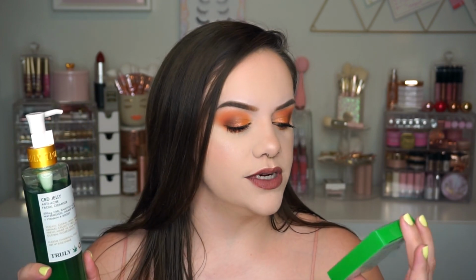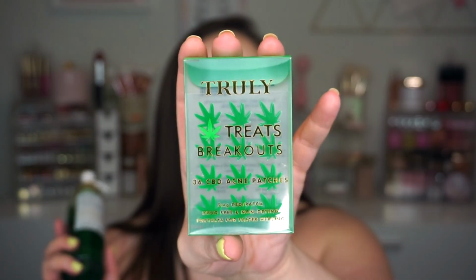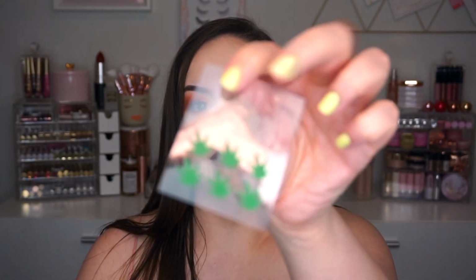Before I get going on why I love this so much, I have to also tell you about the Truly Treat Breakout CBD Acne Patches. They come with 36, and you wear these overnight, but let me tell you guys, I have used a whole sheet and then this too. So I'm halfway through the pack, 36. So I've used 18 of them, and let me tell you guys, right now, I guess it's just the stress